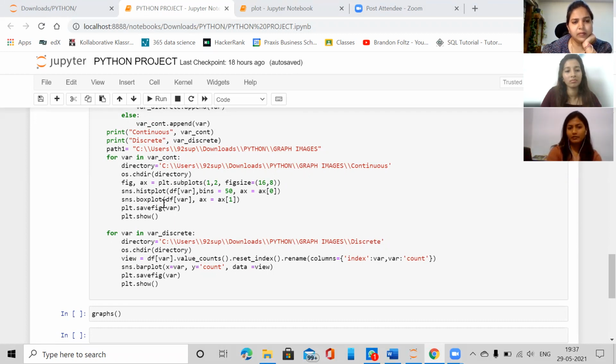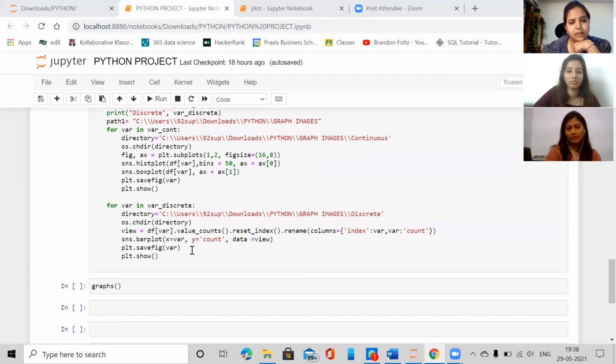And along with that, for simultaneous representation, we have also chosen the box plot. Same, we have used Seaborn, that is sns.boxplot, and again we have passed that variable within it. And for saving it in the form of png image, we have used matplotlib, that is the plt.savefig command, which will automatically save the images that we generate for each variable in our continuous list to the folder, and that folder path has been mentioned over here, as I said.